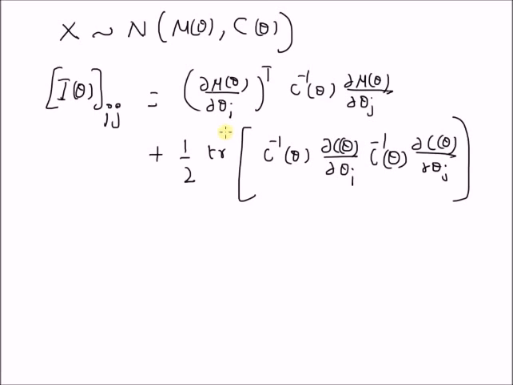So this is the ijth element of the Fisher information matrix, that is, the element in the ith row and